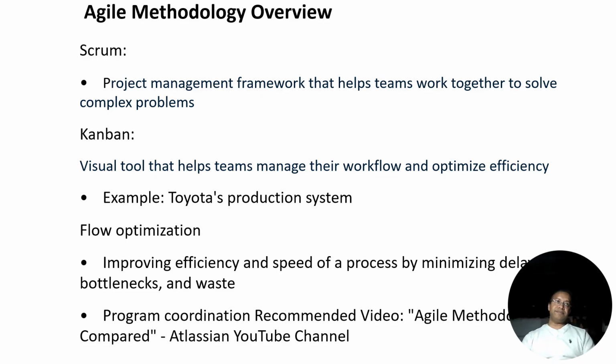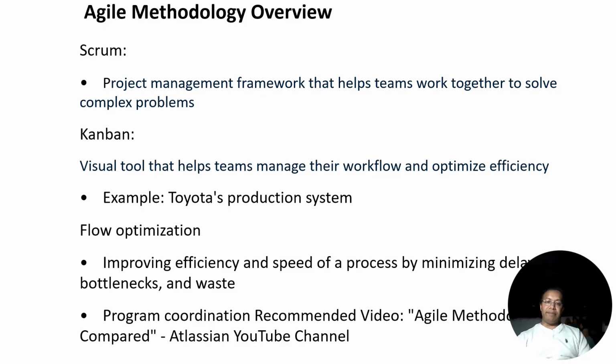That focuses on the value stream, making it more efficient, and reducing cycle time. It also aims to decrease the time it takes for a single unit of work to be completed from start to finish. So, Kanban and flow optimization ensure that there is greater efficiency in the system itself, minimizing work in